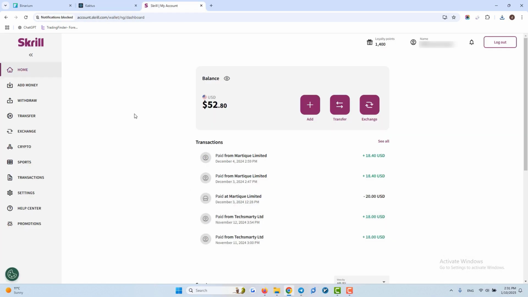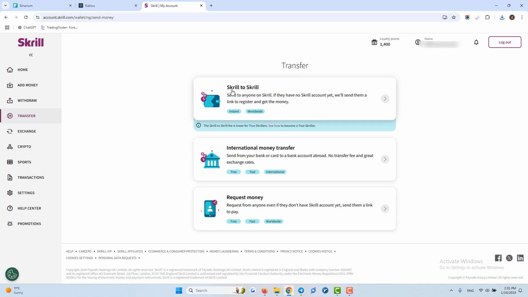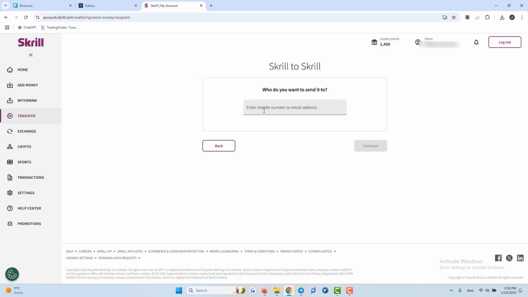We enter the Skrill website. After entering your email and password, we log into our Skrill account. We select the transfer option and choose the first option, Skrill to Skrill. In this section, we enter the phone number that was displayed to us on the Binarium website, and you click